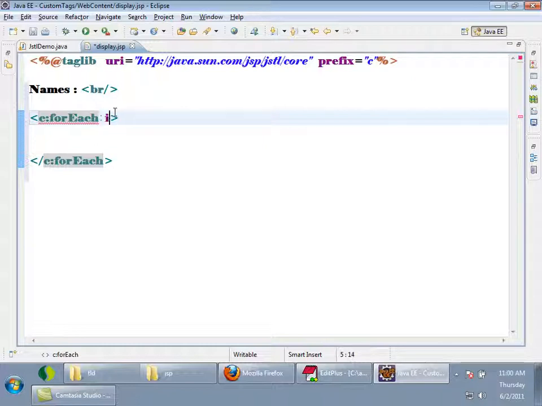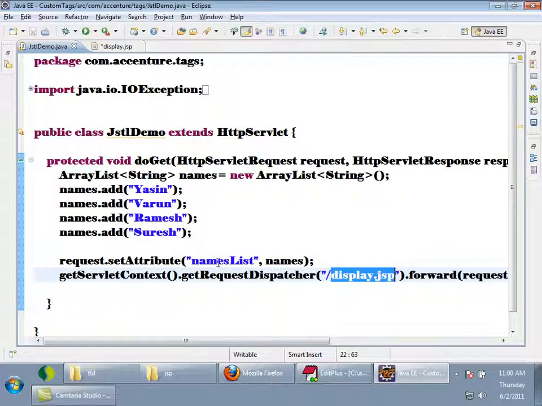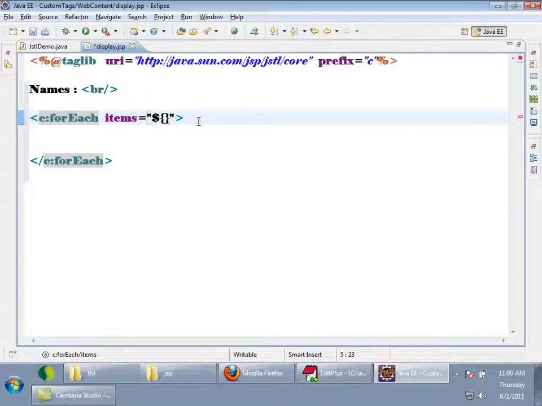Items is equal to dollar. What is the name of the attribute which is the list? Tell me. Here this is the nameslist. So dollar nameslist means it will get the list. So dollar nameslist, this is the one to be iterated over.